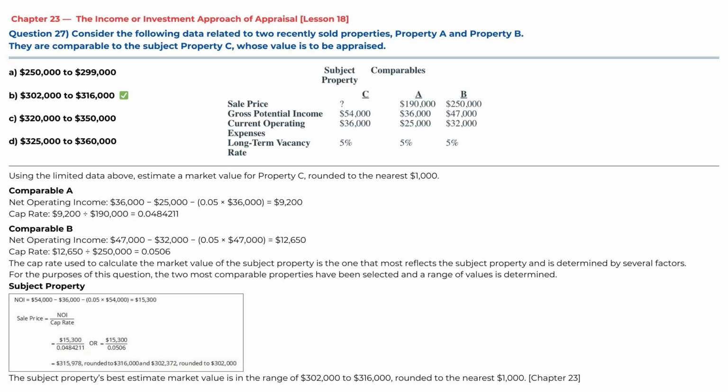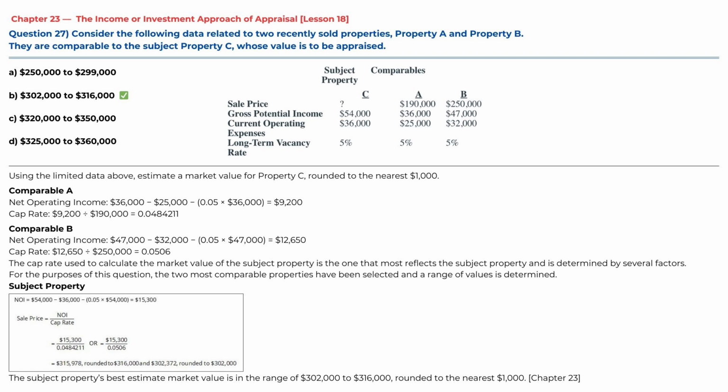Question 27. Consider the following data related to two recently sold properties, Property A and Property B. They are comparable to the subject Property C, whose value is to be appraised. Using the limited data above, estimate a market value for Property C, rounded to the nearest $1,000. Comparable A. Net operating income, $36,000 minus $25,000 minus 0.05 times $36,000 equals $9,200. Cap rate, $9,200 divided by $190,000 equals